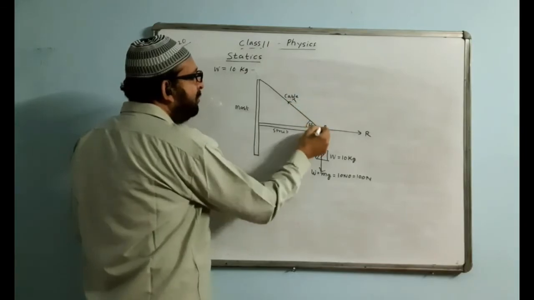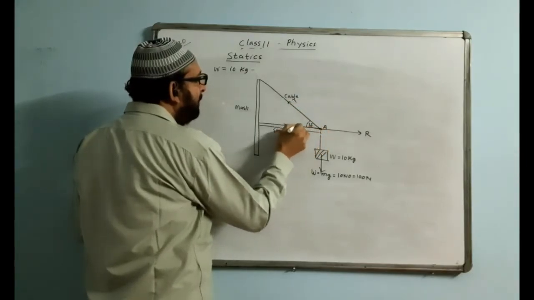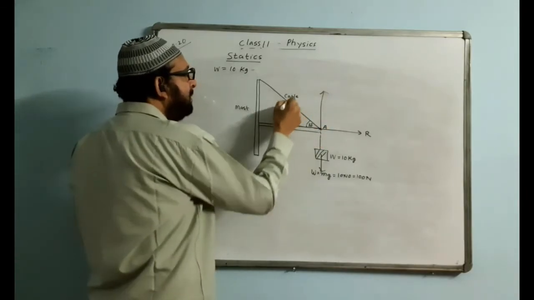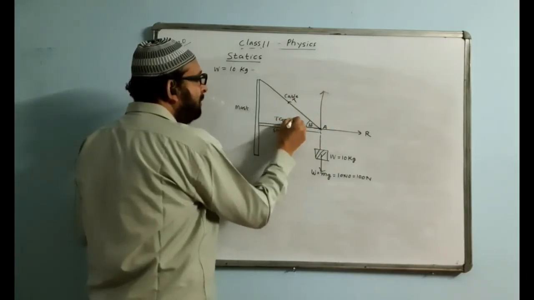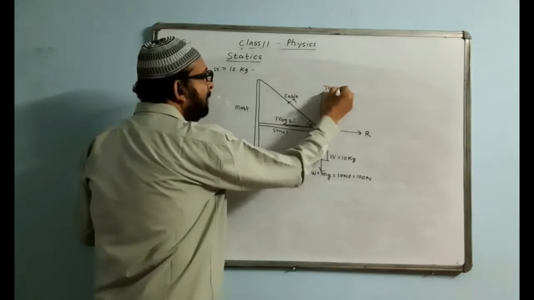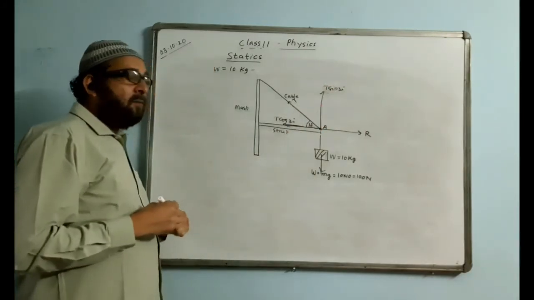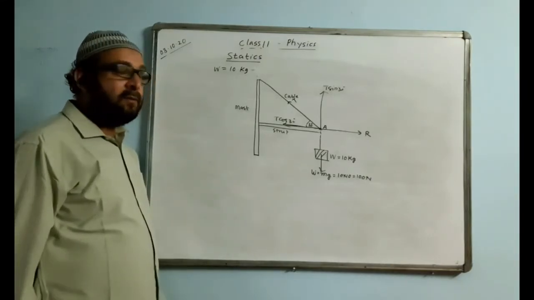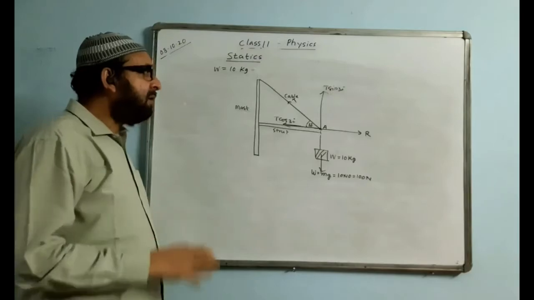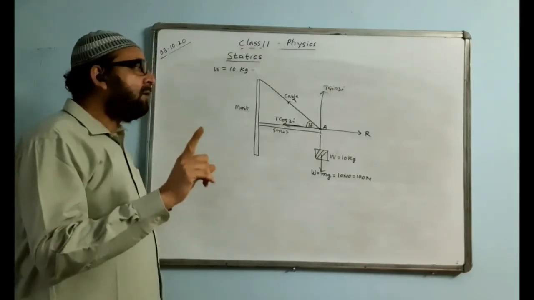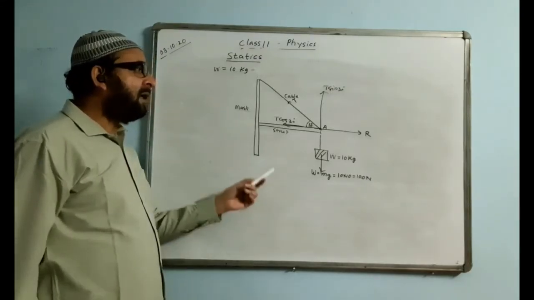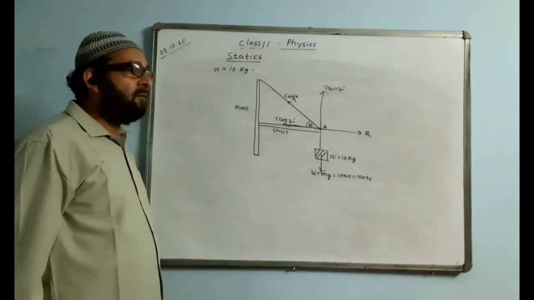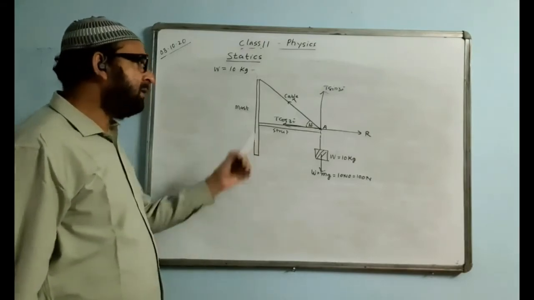We break this tension into two components at A. One component will come here and another component will come here. The horizontal component and vertical component will be T cos 30 and T sin 30. Whichever force is inclined at some angle, we break that, and then our problem will be solved. This is preferred only when one of the forces is inclined and the other two, one is horizontal, one is vertical. Only one is inclined, then we break that into components and balance it.